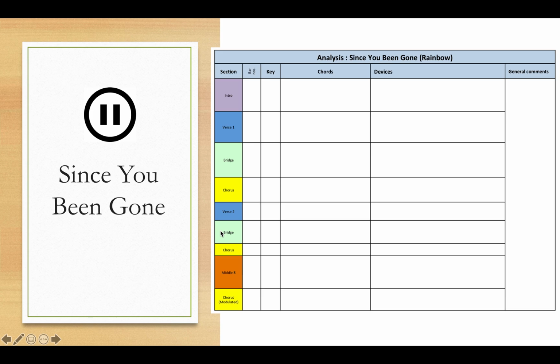Just use your score this time, use your notes that you have in your folder, and really collate everything that we've done on this in this really, really good table format, because I think it will make it really clear for you if you have it all on one sheet in front of you. Again, as I said, don't worry if it's not perfect, because I'll show you in a second what we will be using.